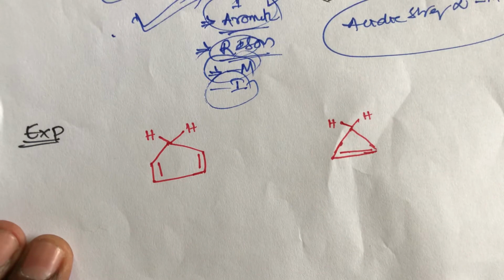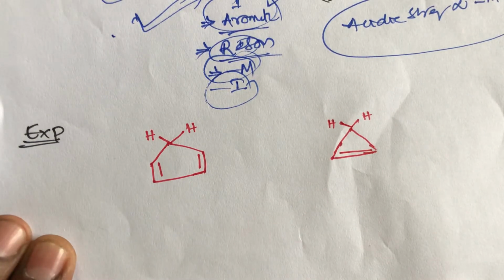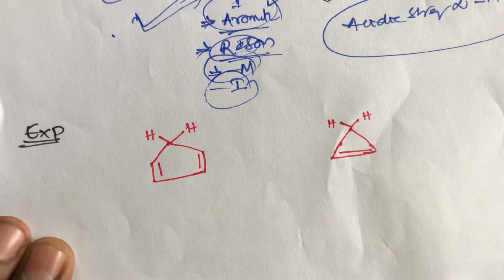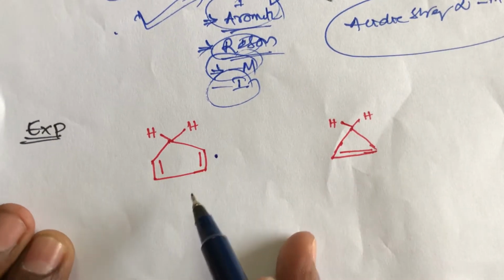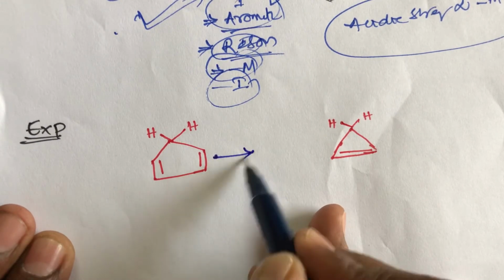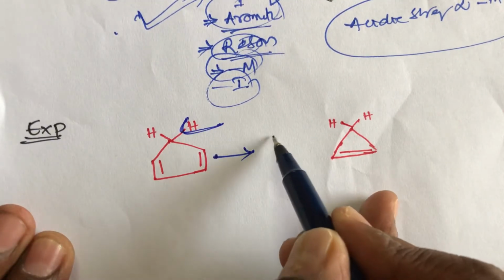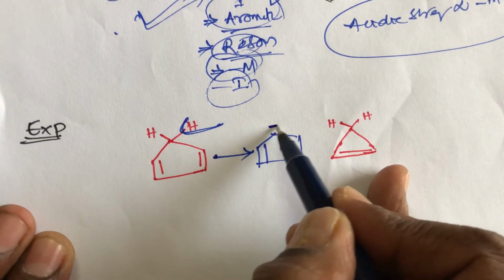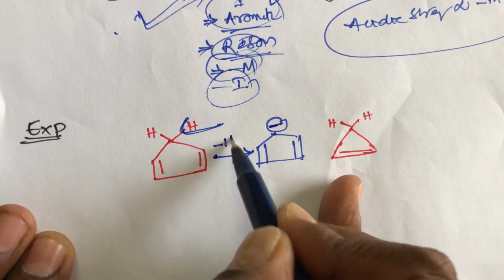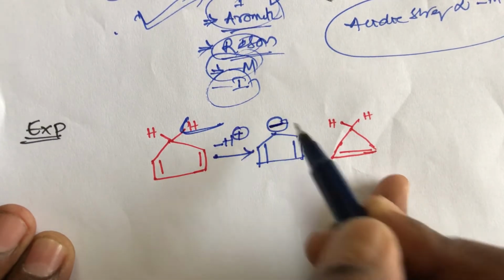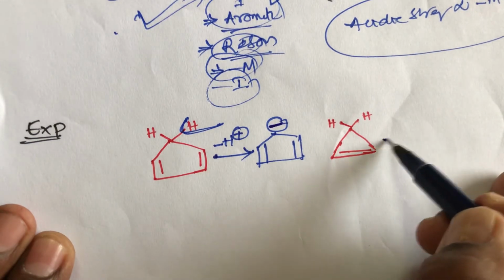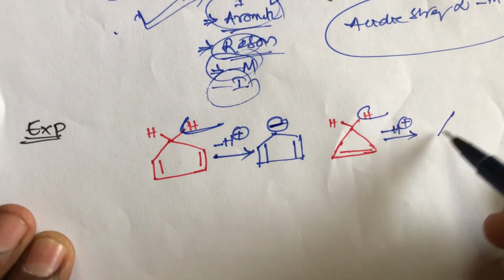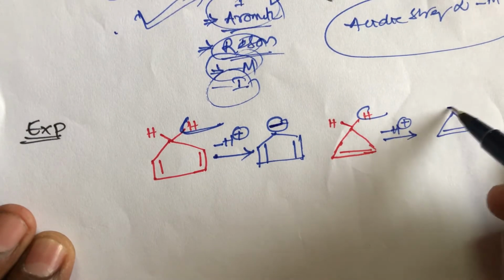Now take another example, also with a cyclopentane structure. Both are cyclic structures and both have double bonds. Both are releasing protons. What happens in this compound? Removing one H plus, this carbon gets a negative charge. And in the other compound, removing one proton, minus H plus, we again get a double bond and a minus charge.